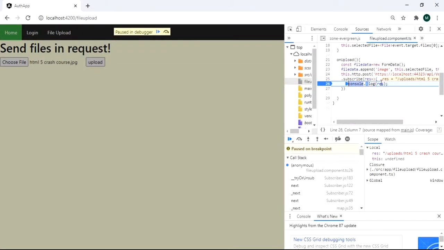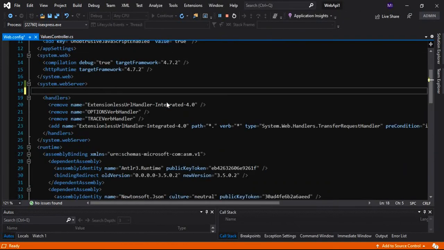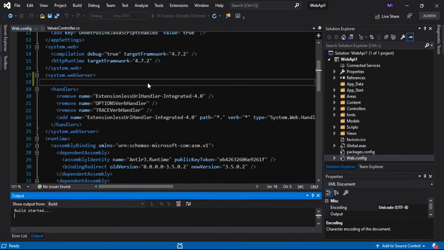in our success. As a response I am getting this content, but before that, when we had not copied this content, then in that case we were facing some issue.